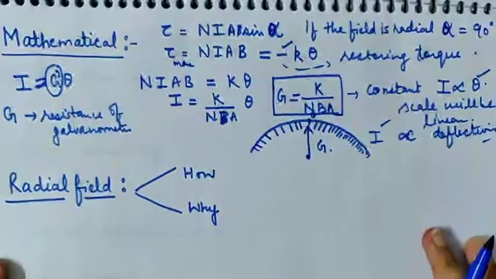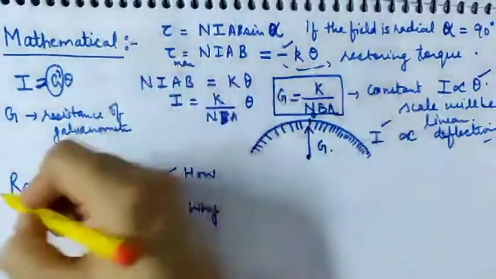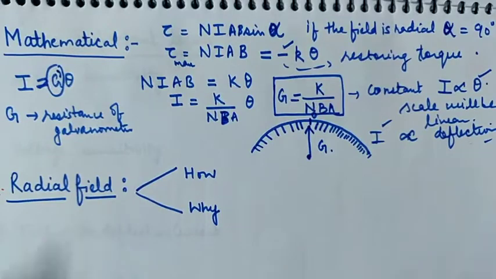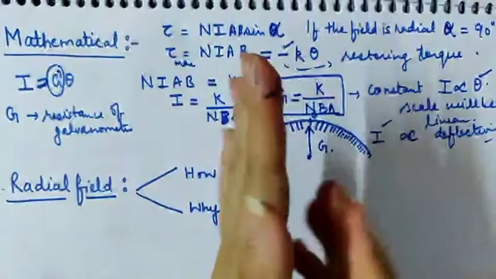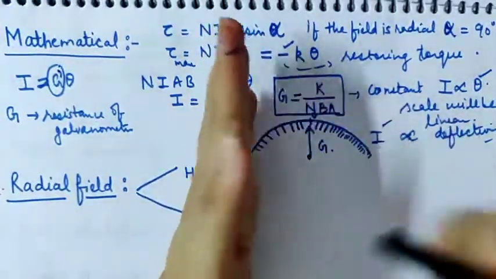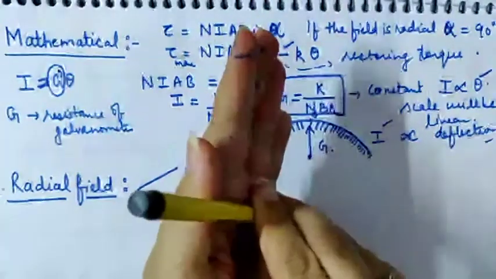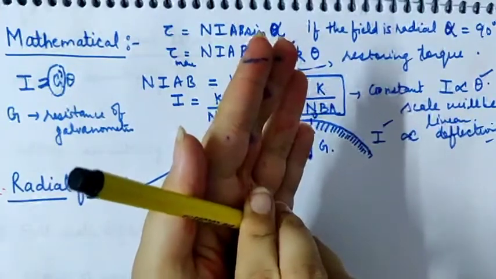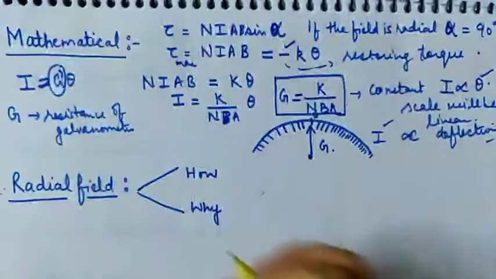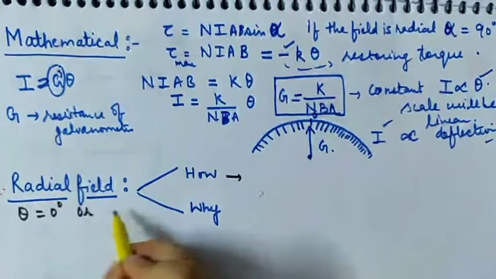these two notations. So coming to the next one, we used to talk about radial field on the previous page also. So what exactly is a radial field? Radial field meaning the coil always should be in the direction of the magnetic field, such that let this be the coil, let this be the plane of the coil, then the magnetic field should always be parallel to the coil. Wherever the coil moves, the magnetic field should keep on being parallel to the coil. Parallel to the coil. That means the value of theta always should be equal to 0.